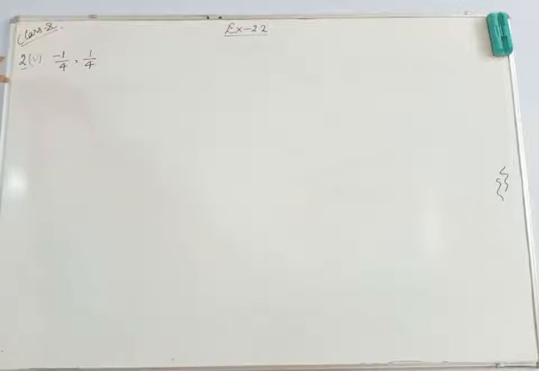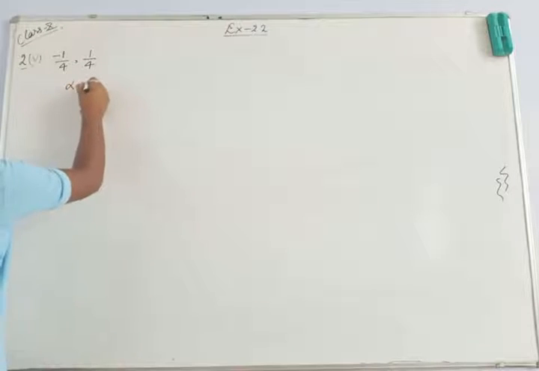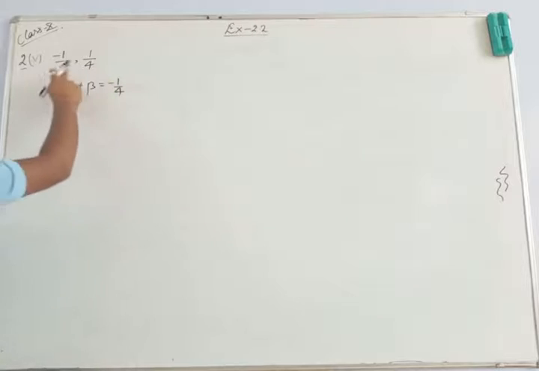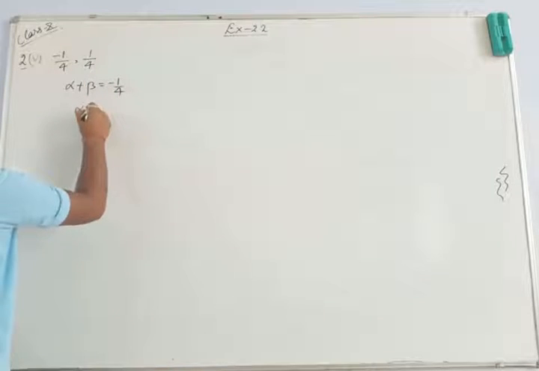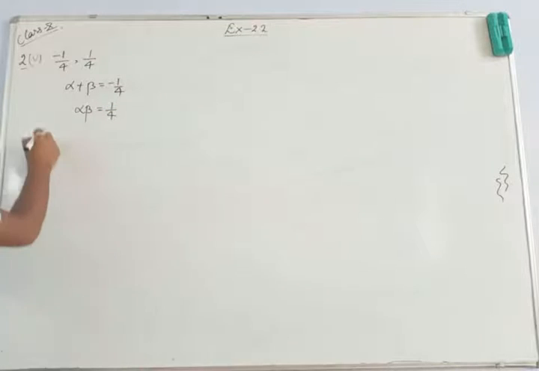The fifth one, here the sum of zeros is what? Minus 1 upon 4. Okay, so alpha plus beta is what? Minus 1 upon 4. The first term is sum of zeros and the second term is product of zeros. So alpha into beta is what? 1 upon 4. Now quadratic equation: